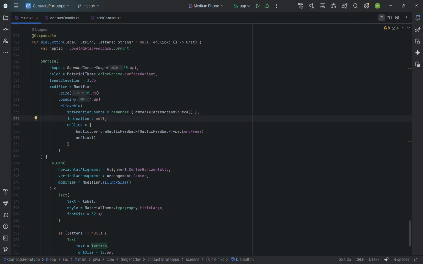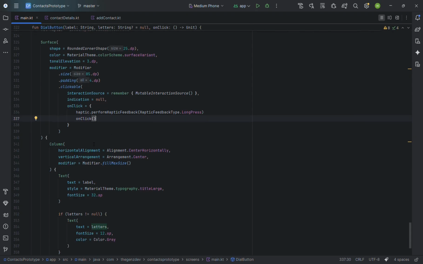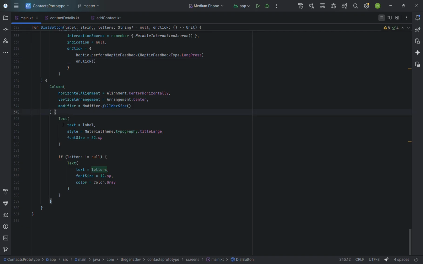It's generic, it's not anything specific. Okay, and indication is null, so that when you click it, it's not going to show that shadow that you clicked it. And then you have this haptic, perform haptic feedback. So when you click on a button, it's going to vibrate. I can't really show vibration in the emulator, so you're going to have to try it on your own device. And inside this you have this column, which is going to have the text,